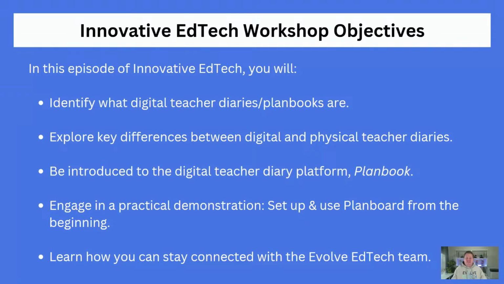It is something that I have been using for years. I'm not going to say I hate paper, but I prefer something digital. Obviously, I'm here promoting all kinds of EdTech things, but I love digital. So I'm going to introduce this to you tonight and hopefully show you the benefits of a digital teacher diary or a plan book. We're going to have a look at some of those key differences between digital